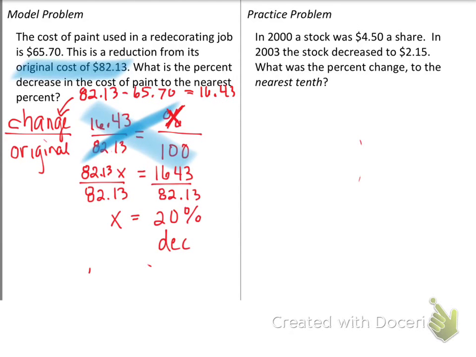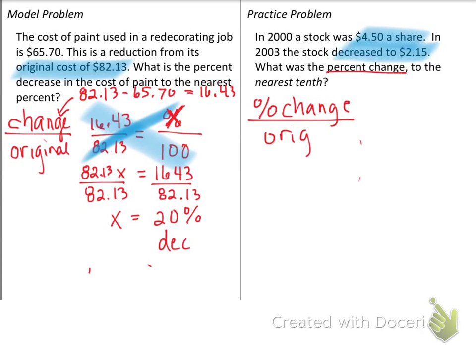I can calculate that as well with this problem. So in 2000 a stock was $4.50. In 2003 it decreased to $2.50. What is the percent change? So remember, we want percent of change. Anytime it says percent increase, percent decrease, percent of change is always over the original. So to find the change, I have to subtract $4.50 and $2.15. So when I subtract those, I get